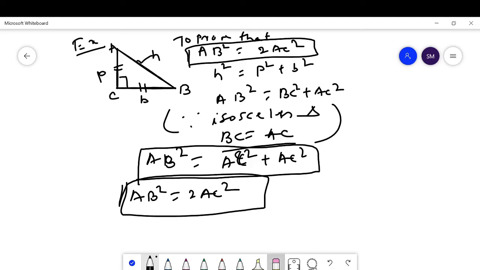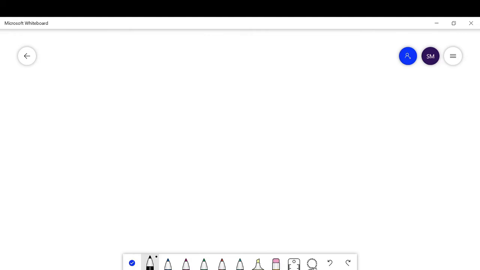Okay. Then another question. Here the lengths of the sides of two triangles are given. Check whether this triangle is a right triangle or not. How can we check this? Only if we get h square is equal to p square plus b square. Example, suppose the three sides of the triangle are 6, 8 and 10. Which is the greatest side? 10. The hypotenuse is always the greatest side of a right triangle.